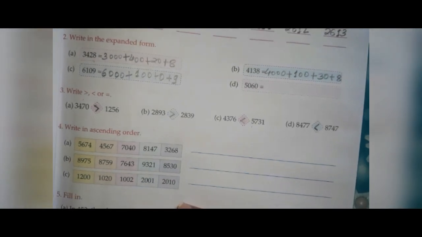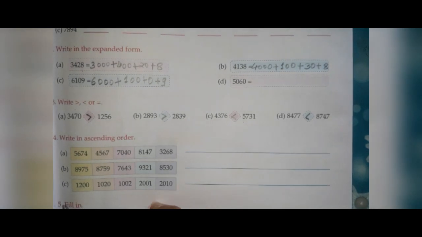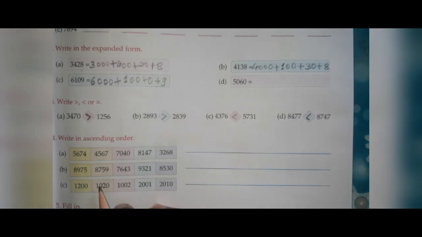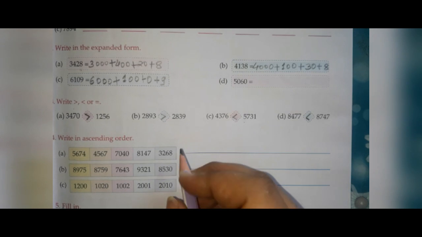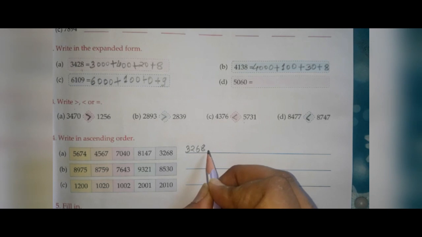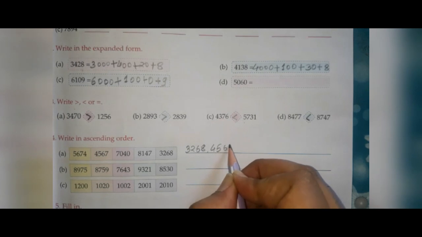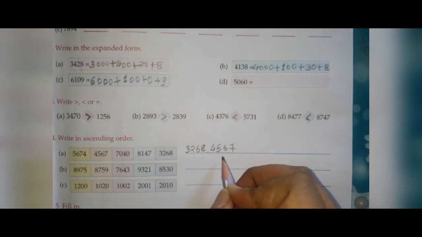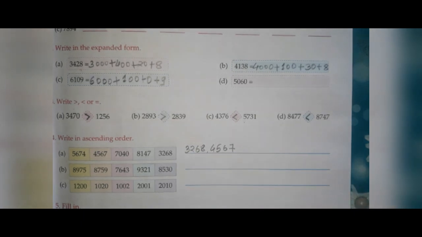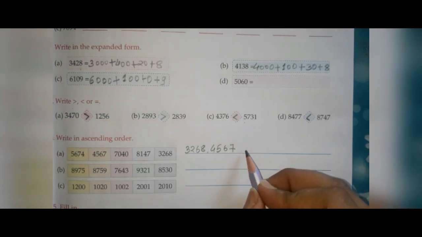Question number 4 is: write in ascending order. We have to arrange the numbers in ascending order. Ascending order means we have to arrange the numbers from the smallest number to the greatest number. In the first series, the smallest number is this one, 3268. We'll write it in the first place. The greater number than 3268 is 4567. If you get confused, you can calculate it or you can observe the first digit in the given numbers. The next number greater than 4567 is 5000